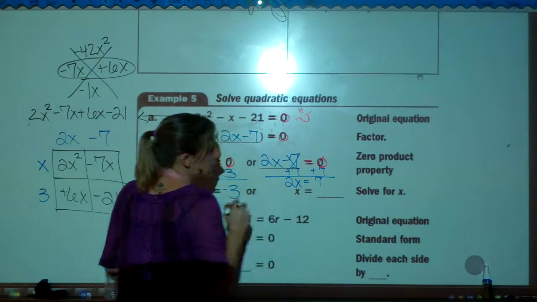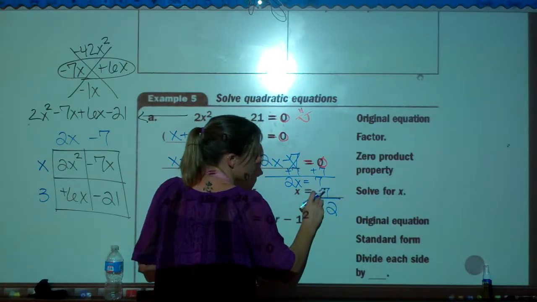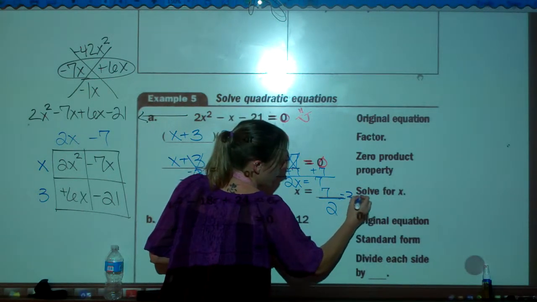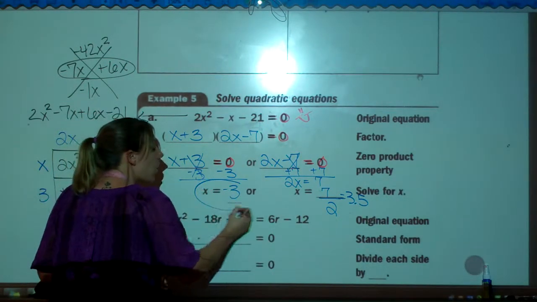2x equals 7. Divide both sides by 2, and you get 7 halves. Or if you say 3.5, you're fine. Means the same thing. Okay? So solving